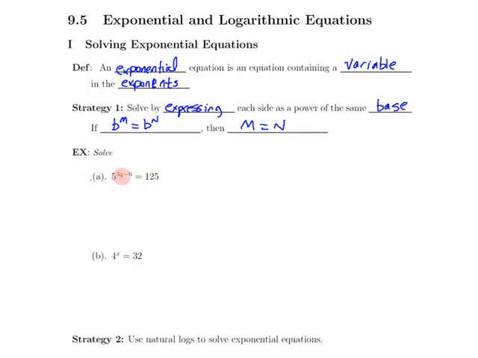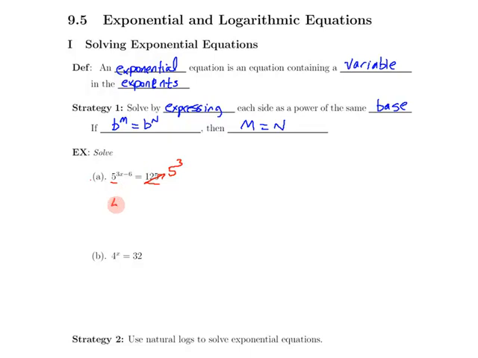I have 5 to the 3x minus 6 and 125. Now, I've got that x trapped up in the exponent, and it's hard to get down, but I notice this has a base of 5, and I can write 125 as a power of 5. Right? In fact, 125 is the same thing as 5 cubed. Now this is where it gets hard, is you got to be able to recognize that numbers in there can be written as those powers, and in many cases they can't. In fact, in most cases this doesn't work,